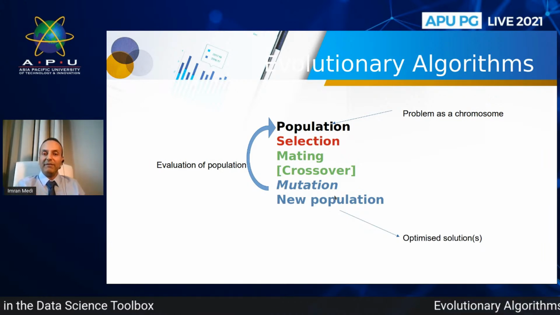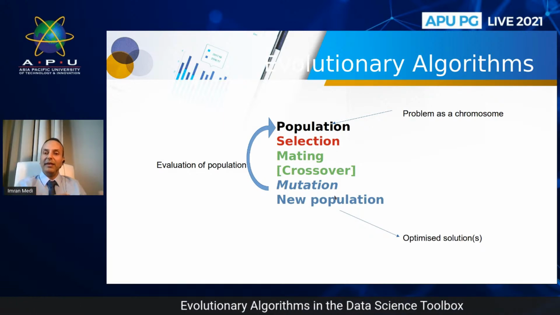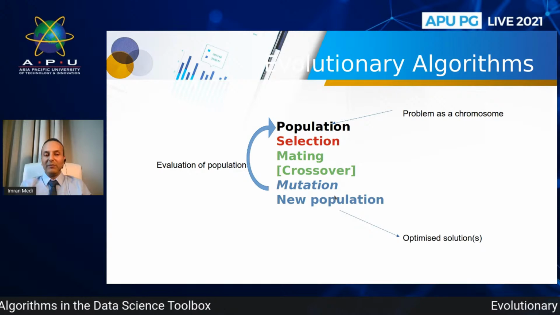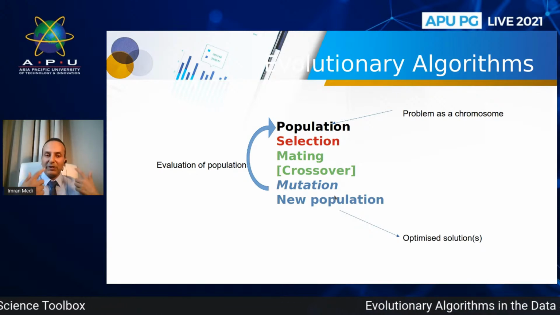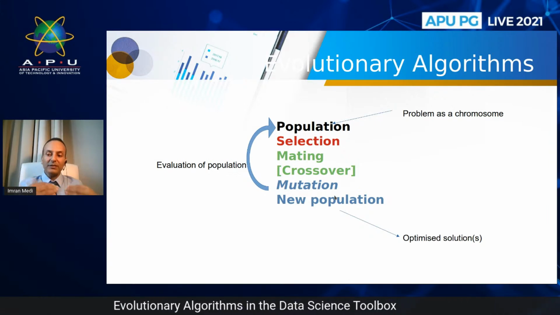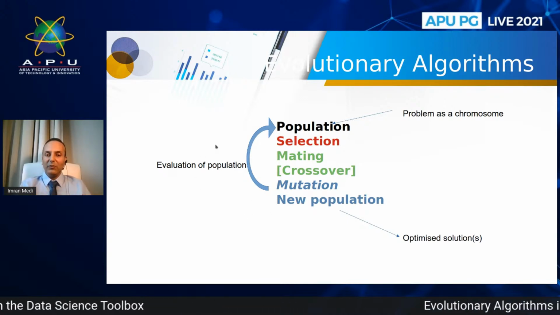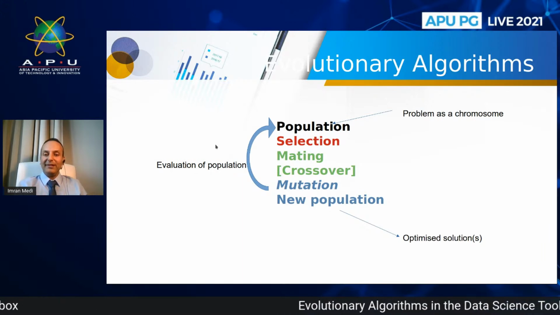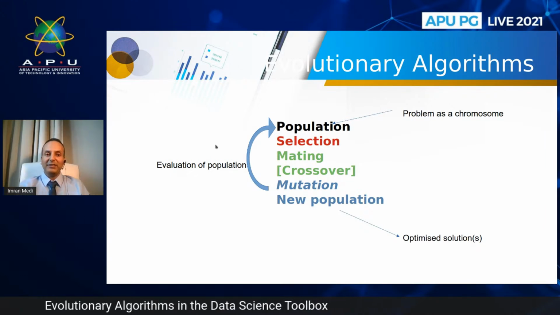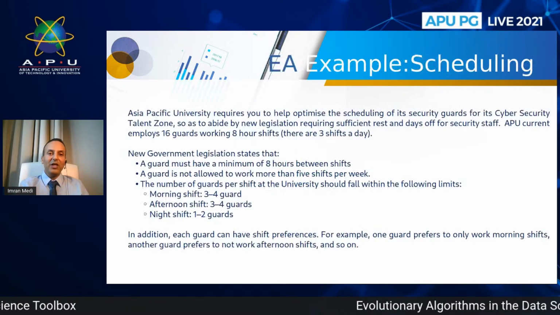So what we can potentially do is we can feed in a chromosome into this particular algorithm. We can conceptualize our problem as a series of genes, a chromosome in total. We can make a population of chromosomes, and we can go through this process of evolution until, remember, it's survival of the fittest. So each time we iterate through this process, we get better individuals until such time as we arrive upon an optimized or best solution. Okay, and that's the basic idea with evolutionary algorithms. Okay, so we can look at this in a little bit more detail through an example.